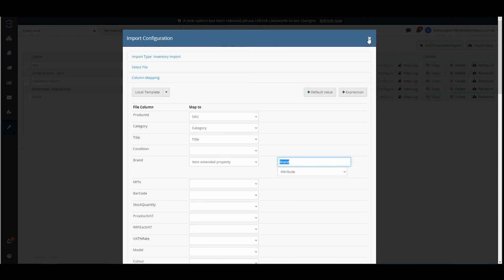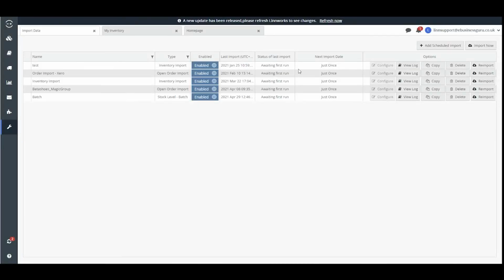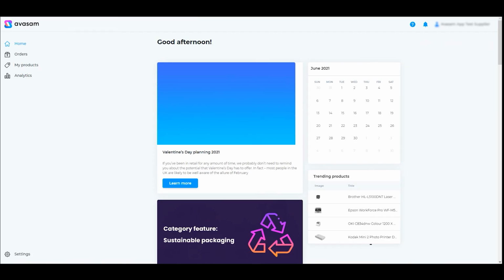So once you've hit run now, it will drop you back to here. It will change the status to awaiting first run and queued. When it's completed, it will show you the last time that it imported in here, and you can look at the logs if there's any problems that it reports. So once you have done that and made that import, you can jump to one of the items in my inventory and check to make sure it's been updated. And then if you swap across to Avasam,